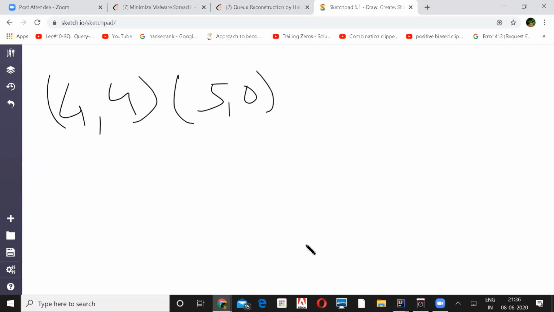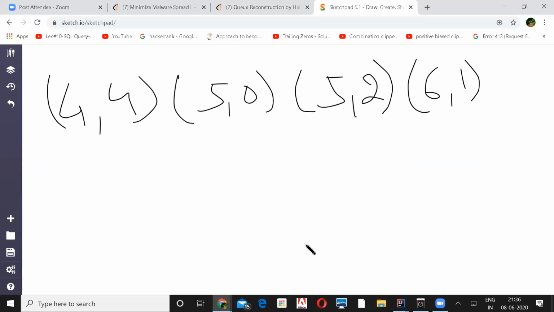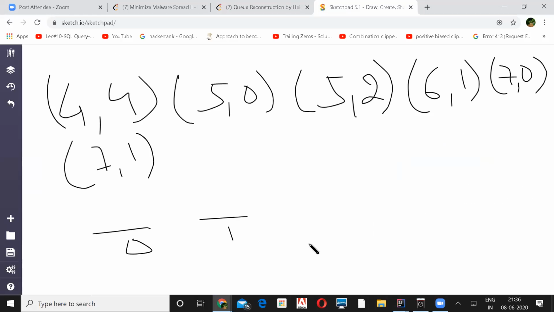Okay, so I'll quickly tell you what the values are. First is 4 4. Then 5 0. Then 5 2. 6 1. Then 7 0, 7 1. So this is my 0, 1 till 5: 2, 3, 4, and 5.